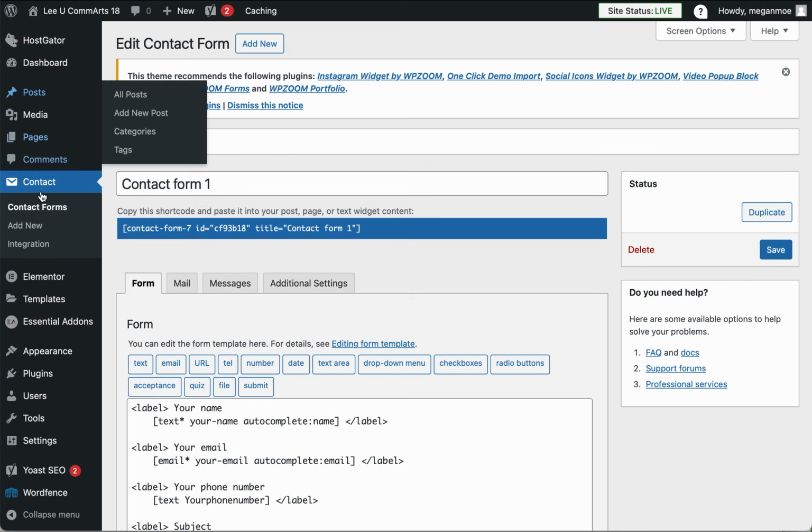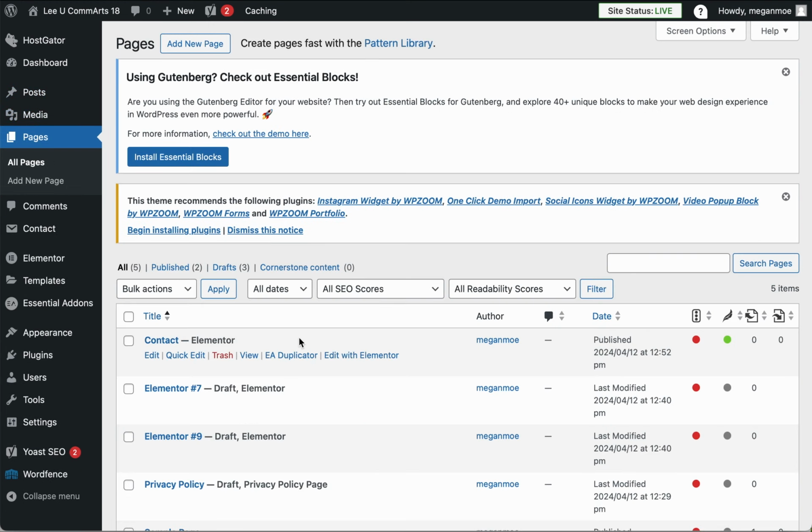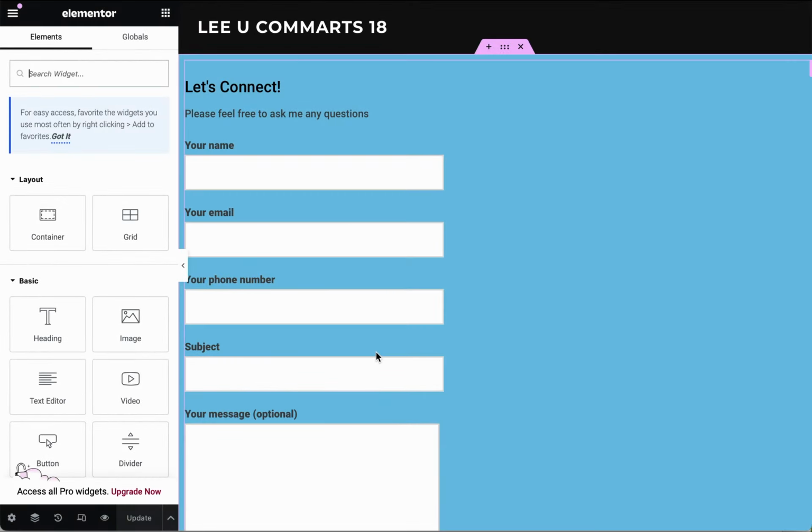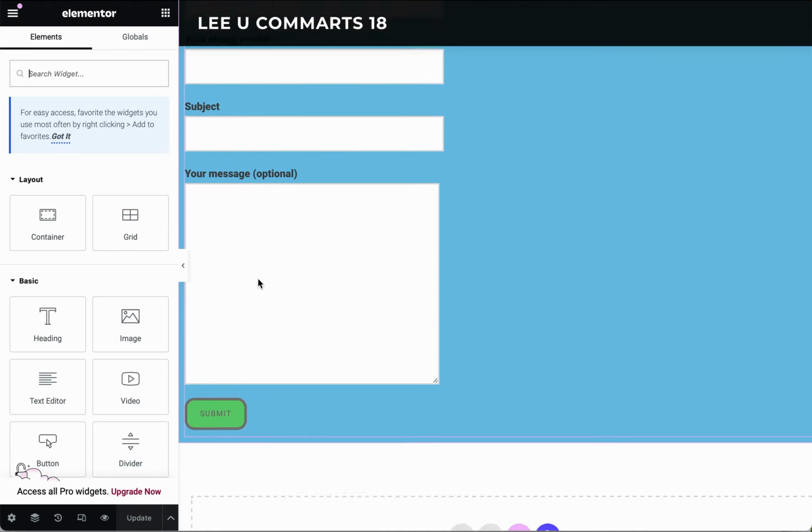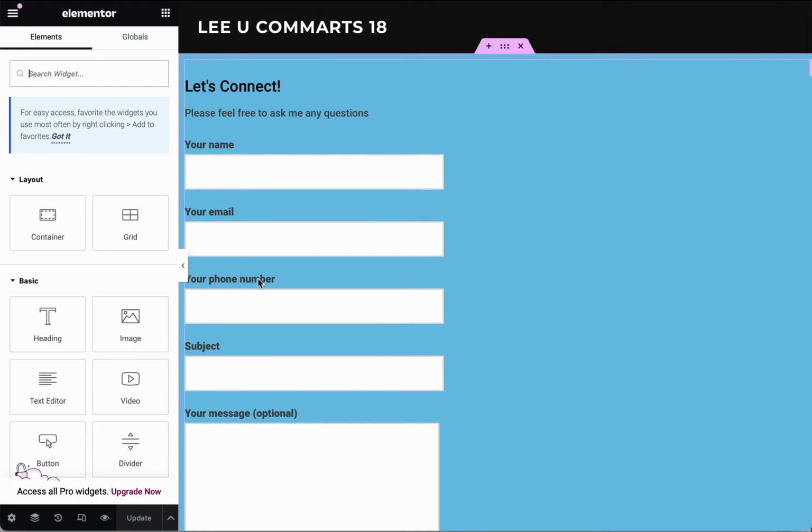And now let's go back and take a look at our contact page. So I'm going to go to Pages, going to edit with Elementor, and now we have it. Your phone number is in there. So that's how we make some of these basic changes. So have fun. Take a look at all the different things you can do here,